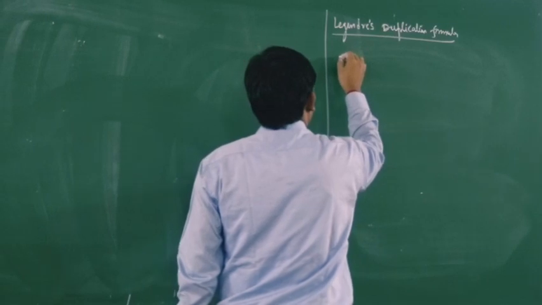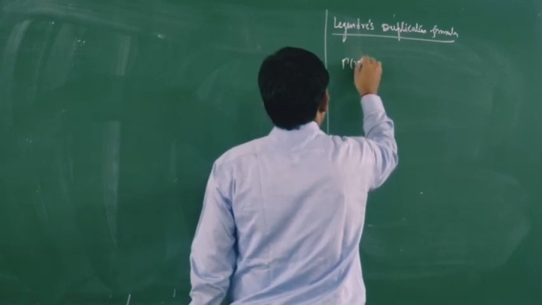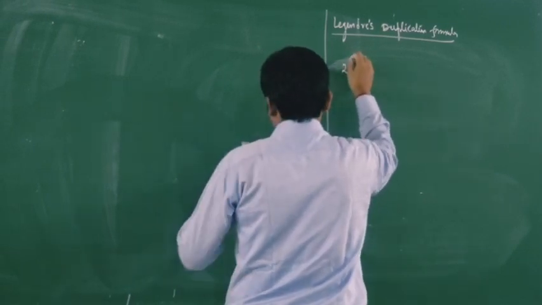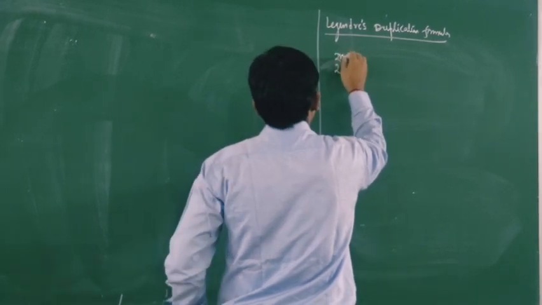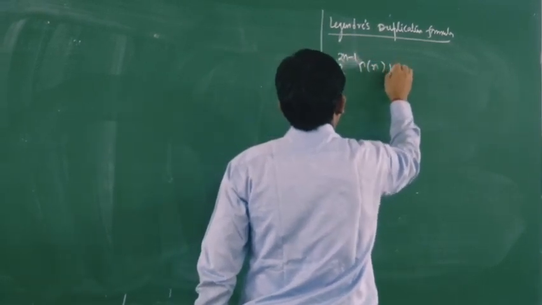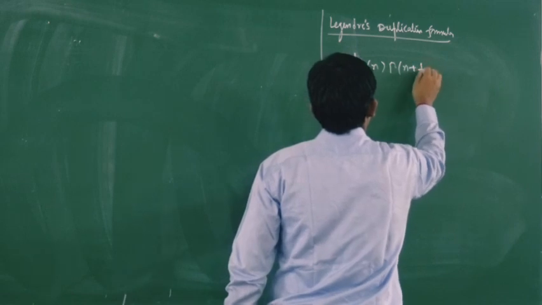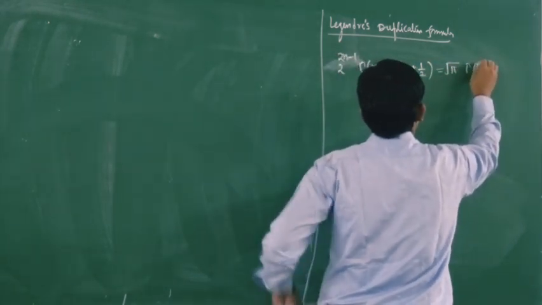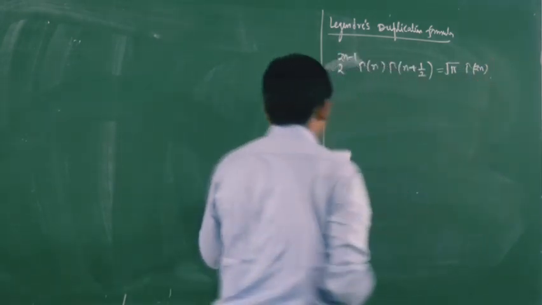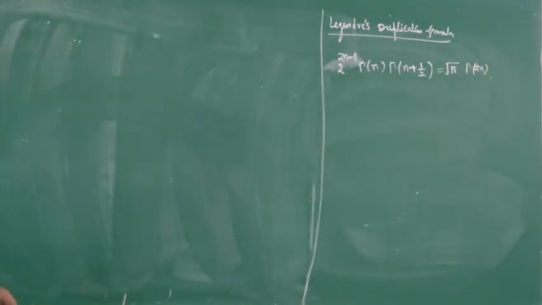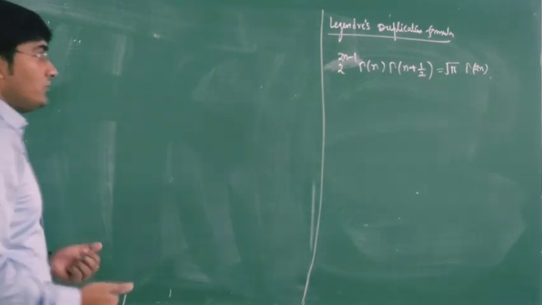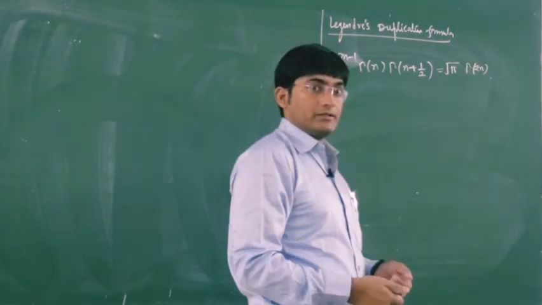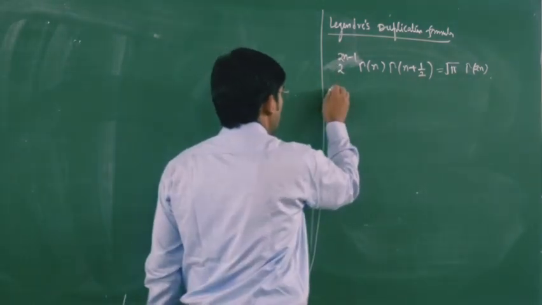Now this states that gamma n into 2 power 2n minus 1 into gamma n plus half is equal to the square root pi into gamma 2n. So this is your Legendre duplication formula, and again your n has to be greater than 0. So solution or proof,